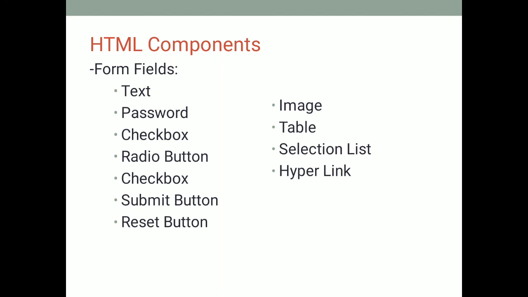Then we have the radio button. The radio button control is used when you want to allow only a single selection. For example, with gender data, where you can only select male or female, you use the radio button. It allows only one selection from a group, meaning when you create multiple radio buttons, they allow only a single option from that group. So whenever you have single-selection data, you use the radio button.